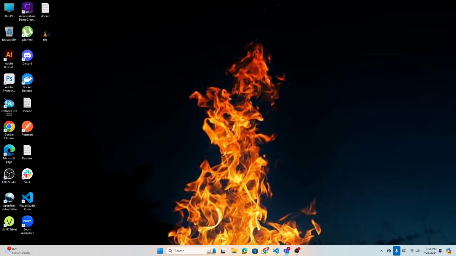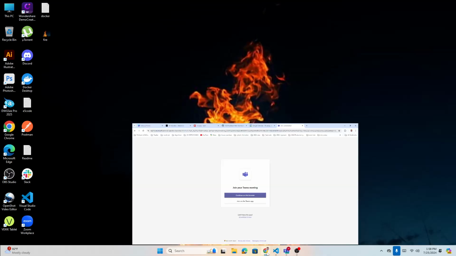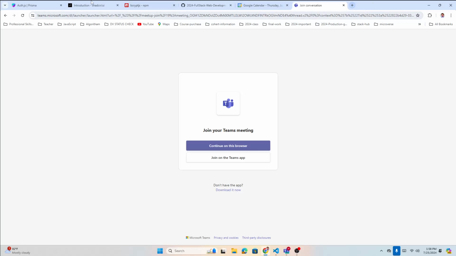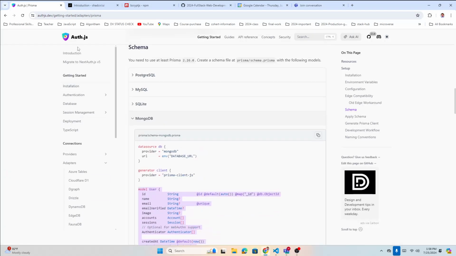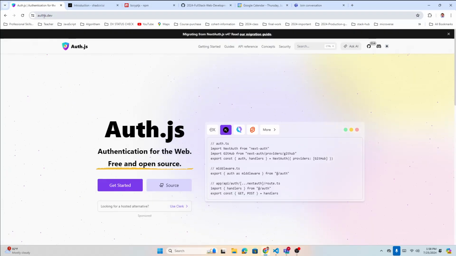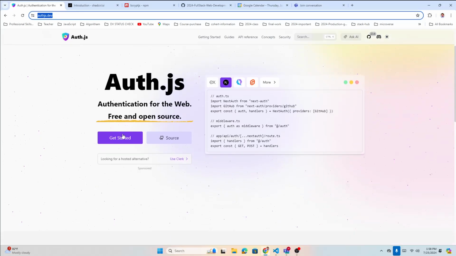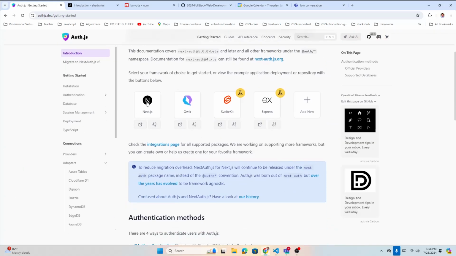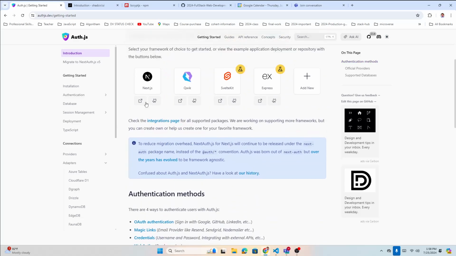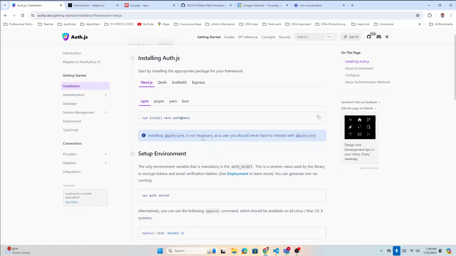Okay. So in our project, we are going to use auth, Next Auth. Okay, something called Next Auth. You can look at here. Before it was next-auth, something like that. Now it is auth.js.dev, that's what you're going to find. Just click on get started, and we are using Next.js. Our stack is Next.js, right? So let's click on here, and it says,